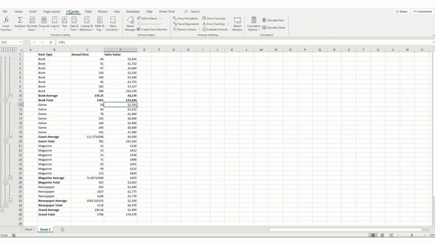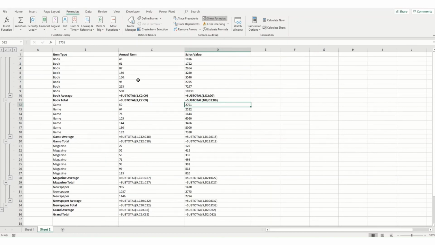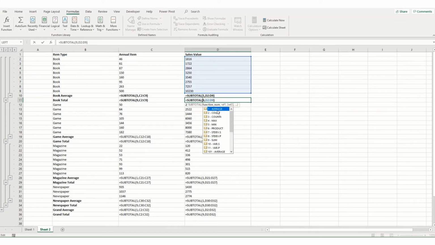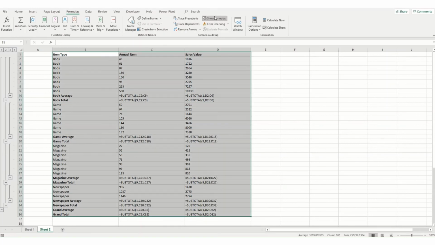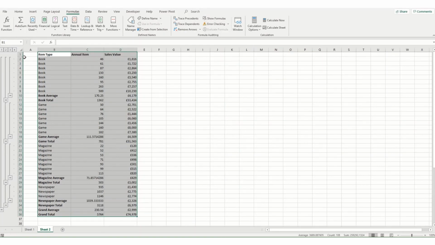If you want to quickly see which cells have your formulas in it, you can go into your Formulas tab and click on the Show Formulas button. And then you can quickly see which of your rows have these subtotal references. So if we switch that back off,